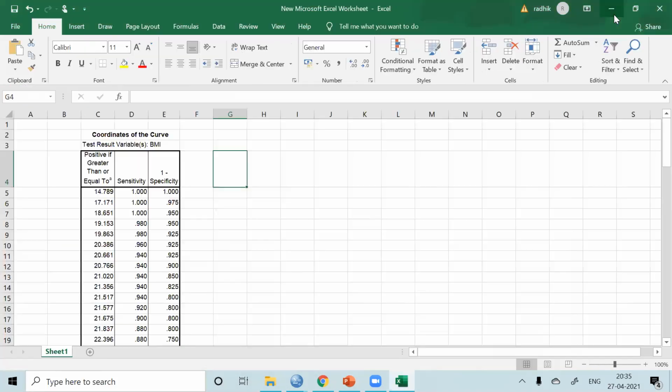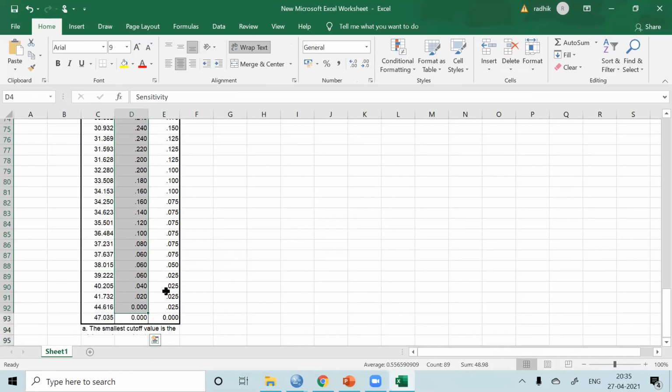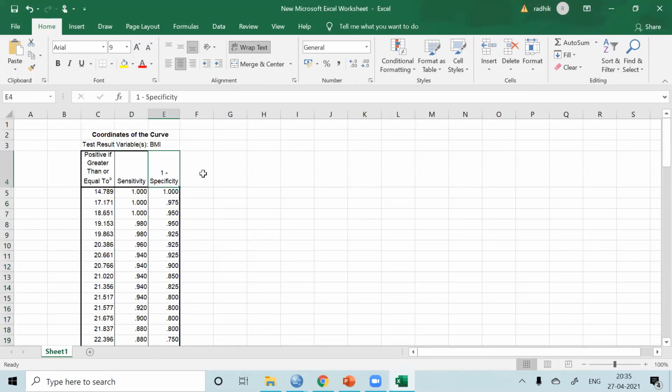So I will just calculate this. Sensitivity is already there. Here we have sensitivity values for each cutoff, but it is 1 minus specificity here. So I'm just going to calculate specificity from this.